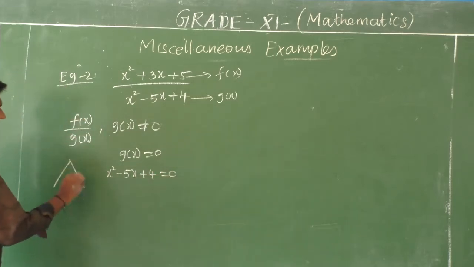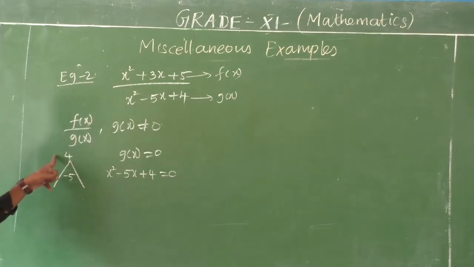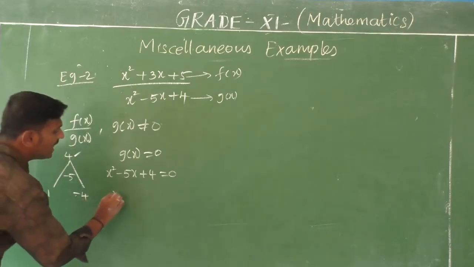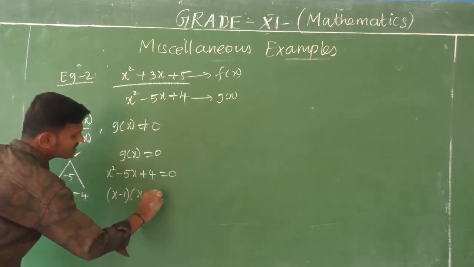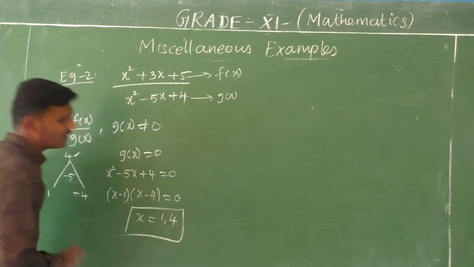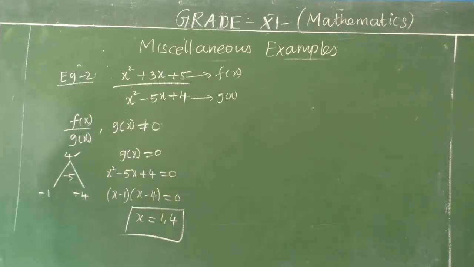Now I am going to factorize like this from your previous syllabus. The sum of the roots is minus 5 and the product of the roots is 4. For that, 1 fours are 4 and 2 twos are 4. Both are possible as factors, but 1 four is the possible one here. On both I am giving the negative. So minus into minus is plus, 1 fours are 4. Minus 1 minus 4 equal to minus 5. So x minus 1 into x minus 4 equal to 0. So what values do we get? x equal to 1 comma 4.